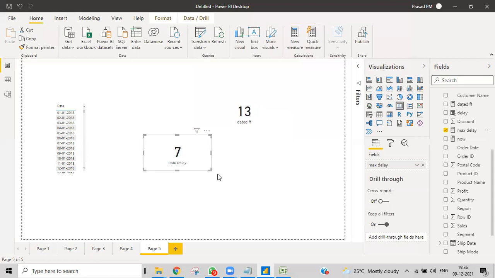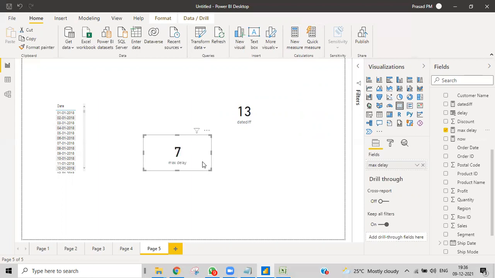In real-time scenarios, maybe not this much, you may get this, but obviously there will be some more complex logic for this. If the delay is more than 7, then obviously we'll give them some cashback.